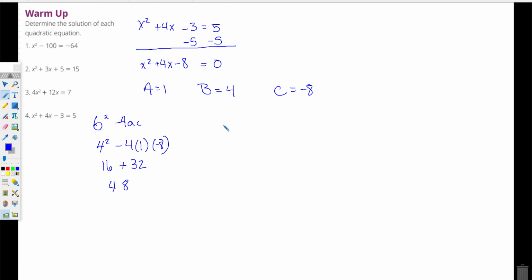And so I'm going to my next step, which is x equals negative b plus or minus the square root of 48 divided by 2 times a. And so x equals negative b, so negative 4 plus or minus, well, the square root of 48. Which of those perfect squares lives inside? So that 1, 4, 9, 16,